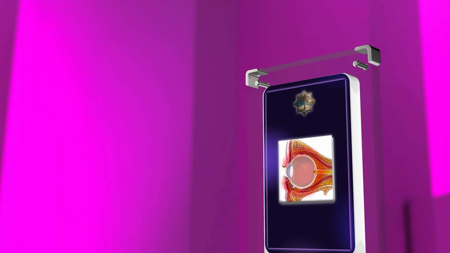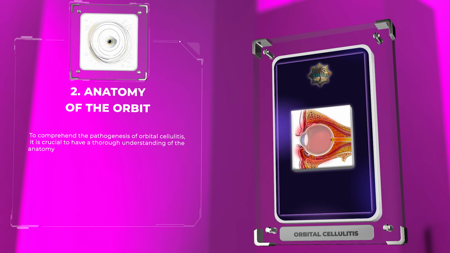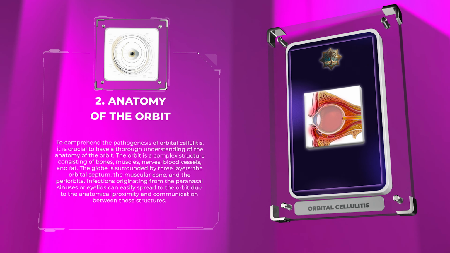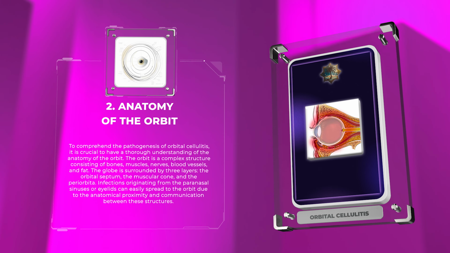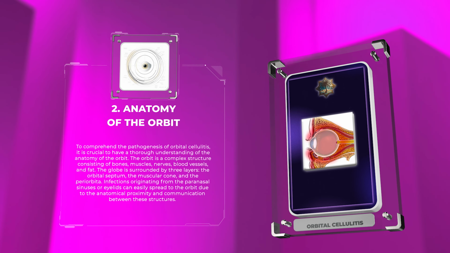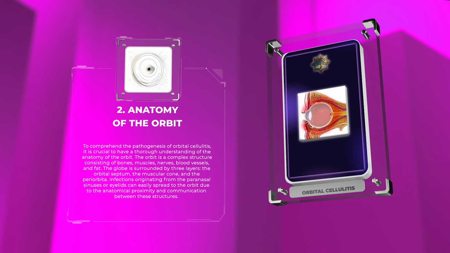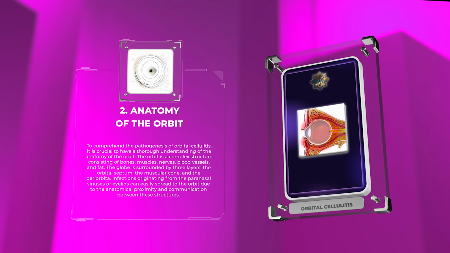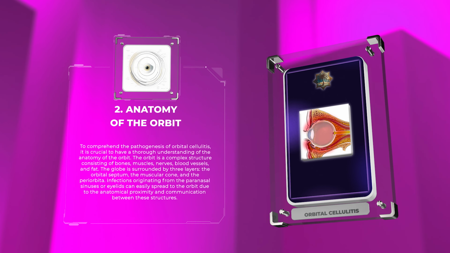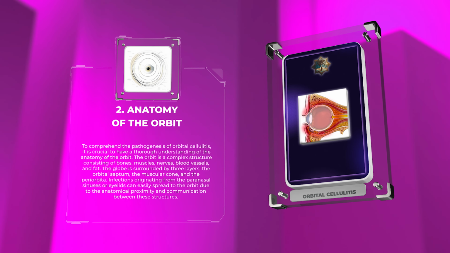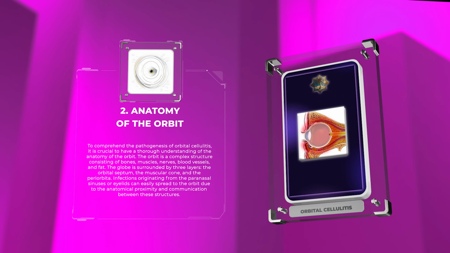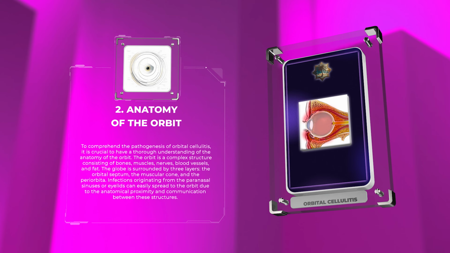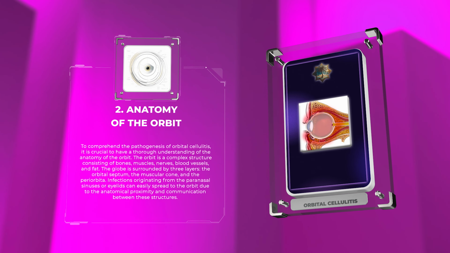To comprehend the pathogenesis of orbital cellulitis, it is crucial to have a thorough understanding of the anatomy of the orbit. The orbit is a complex structure consisting of bones, muscles, nerves, blood vessels, and fat. The globe is surrounded by three layers: the orbital septum, the muscular cone, and the periorbita. Infections originating from the paranasal sinuses or eyelids can easily spread to the orbit due to the anatomical proximity and